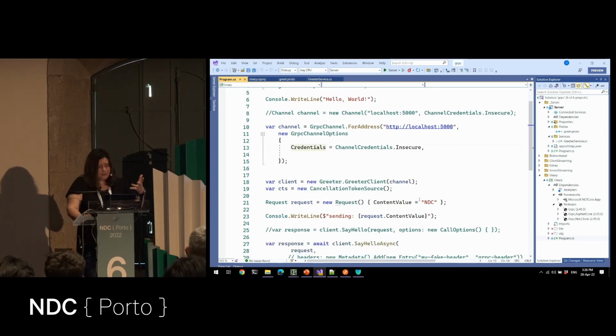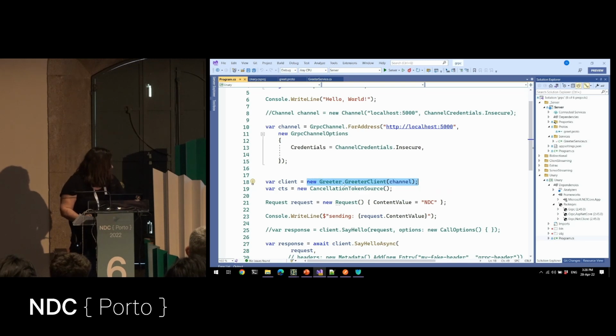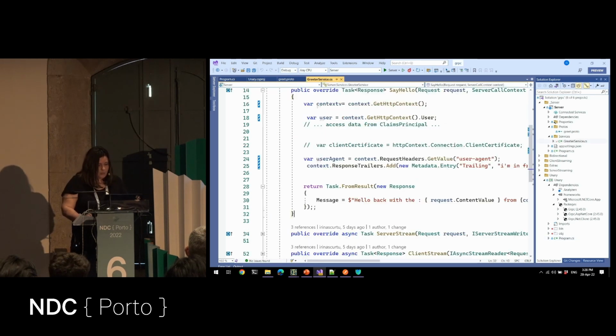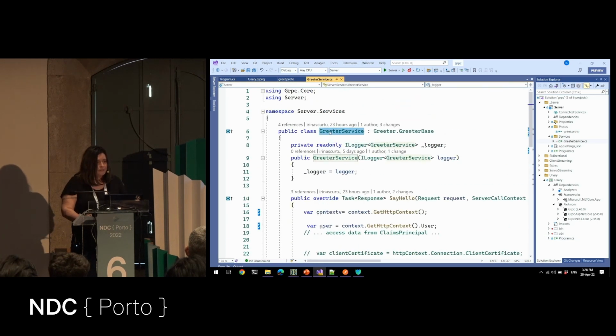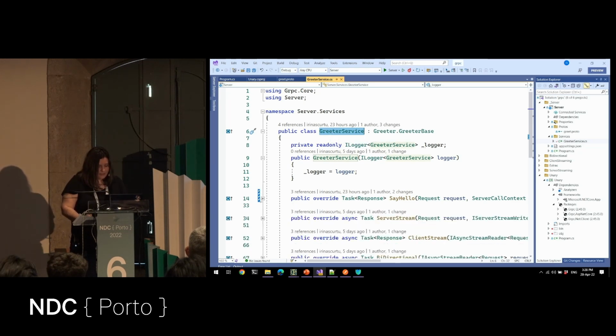Okay, so from here, you need to, well, instantiate the client. I want to specify that here, I didn't implement the greeter client. It was generated for me. The only thing that I implemented was the actual greeter service where I override the methods.